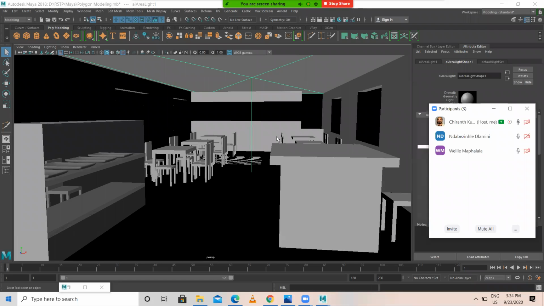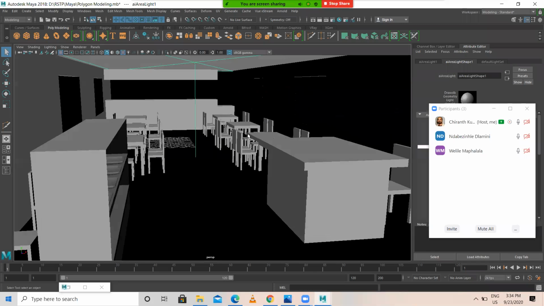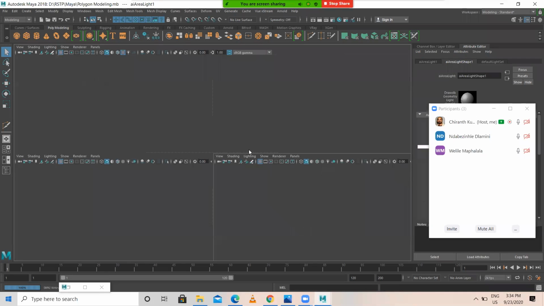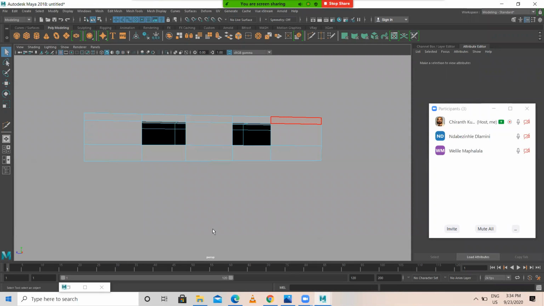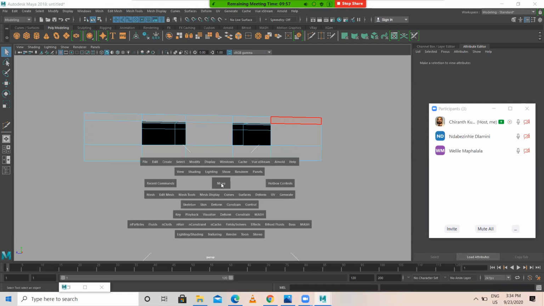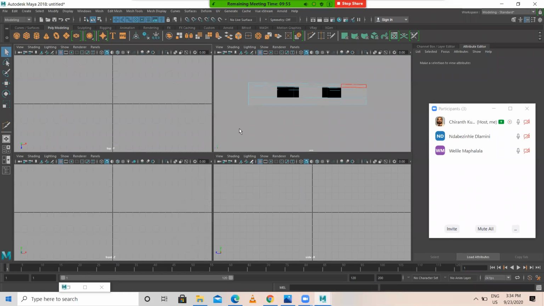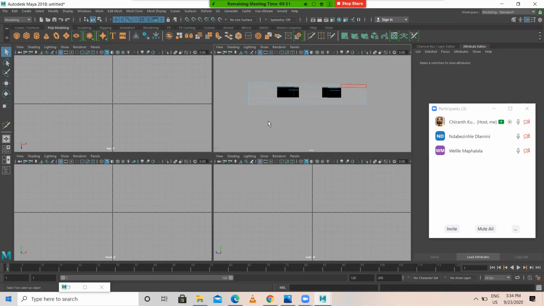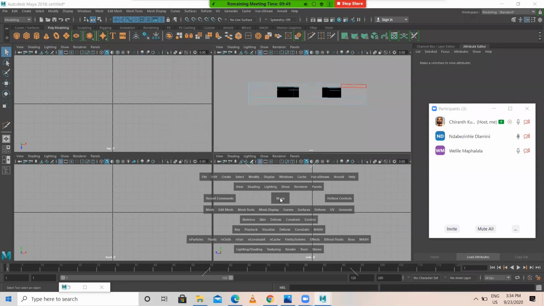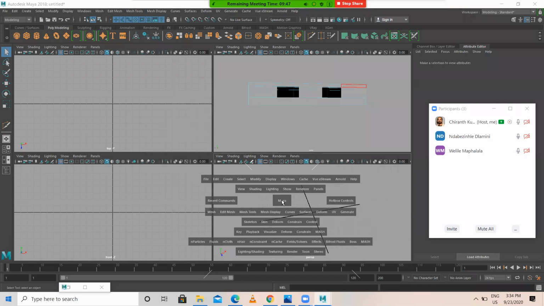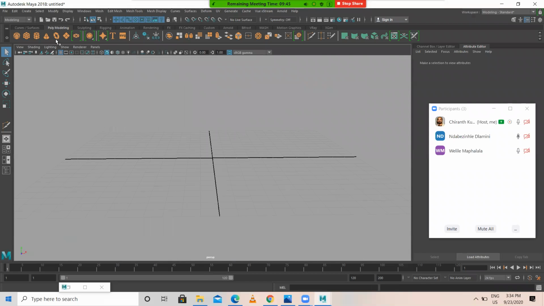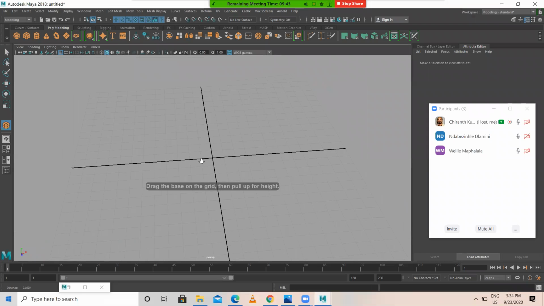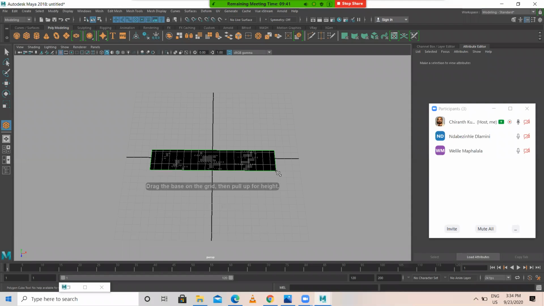Okay, I'll save this. Let me create one more. I'm again creating a cube.